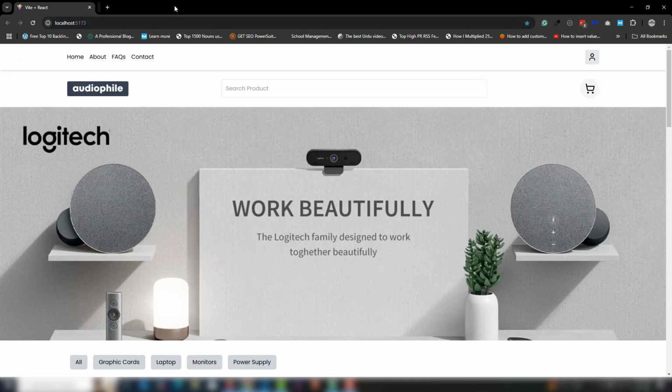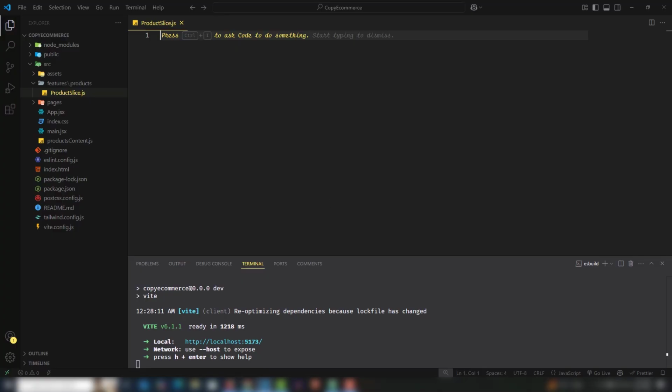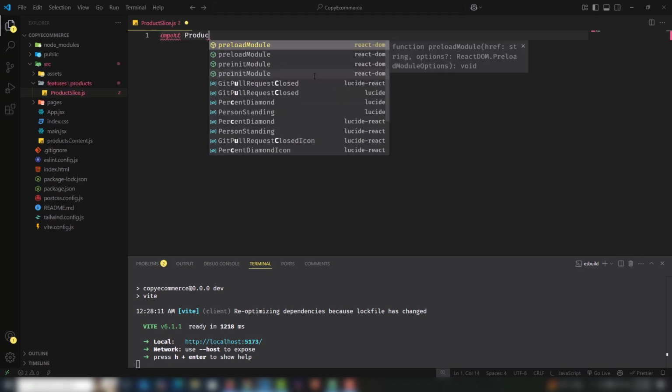So I'm going to close this one, right? So we're going to use a few things inside this file. The first step, I need to get the product content file in there. So I need to use import products from